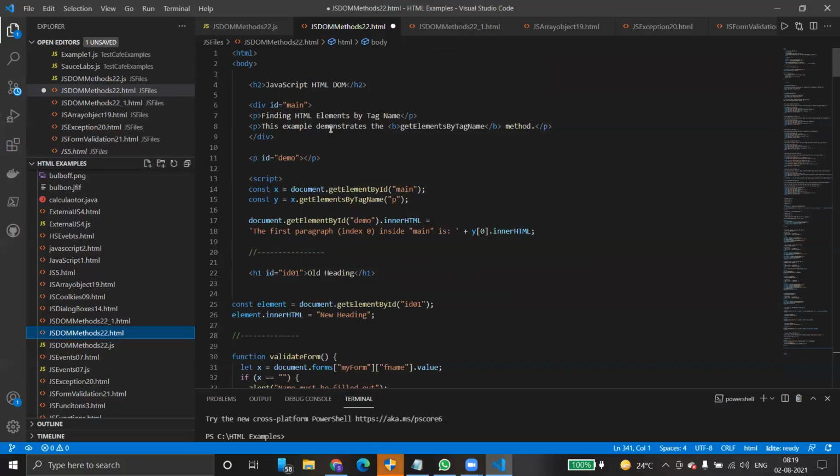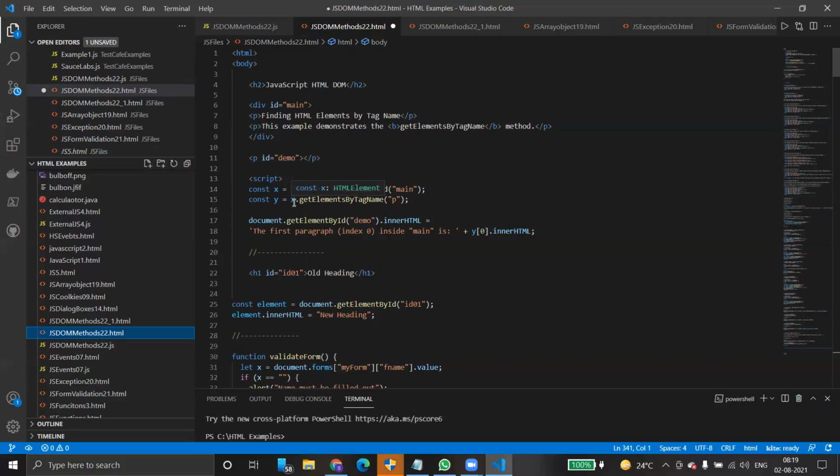How do you fetch an element? First we need to check whether we are able to fetch an element or not. If it does not fetch, it simply returns null. So if the element itself is not there, it simply returns a null value. The document.getElementById of main, and then x dot, that means inside the division we have a few more elements.